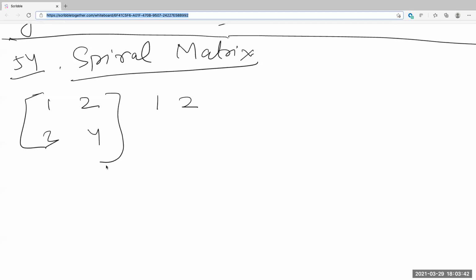So if we have 1, 2, 3, 4, we know we're starting at 1. Basically, we go clockwise. Let's go column-wise in the first row. So let's say 1 and 2 we process, and after that we go to the last column. We don't process 2 because it's already counted as part of the first row. So the next element in the last column is 4.